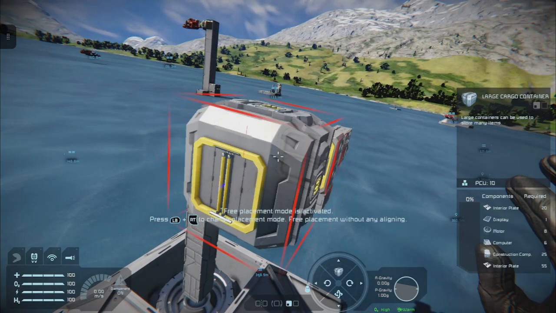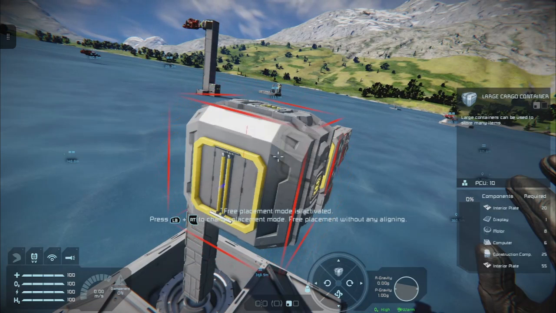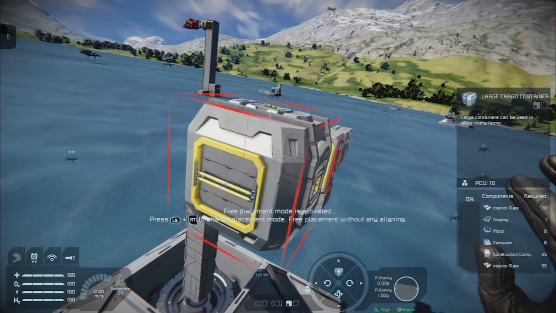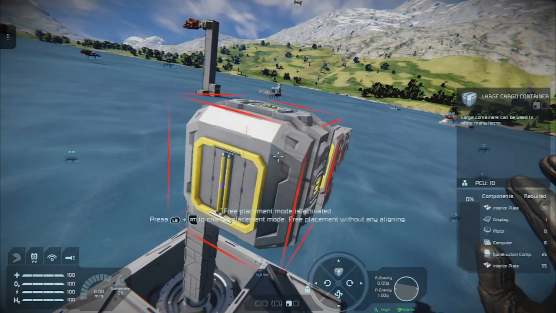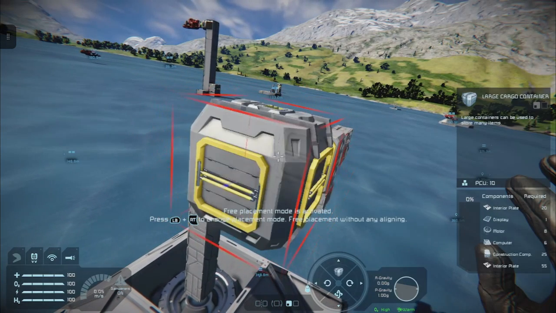if we rotate it like so, you'll see we can put our connector to the bottom or to the top, depending on how you want to dock the thing.